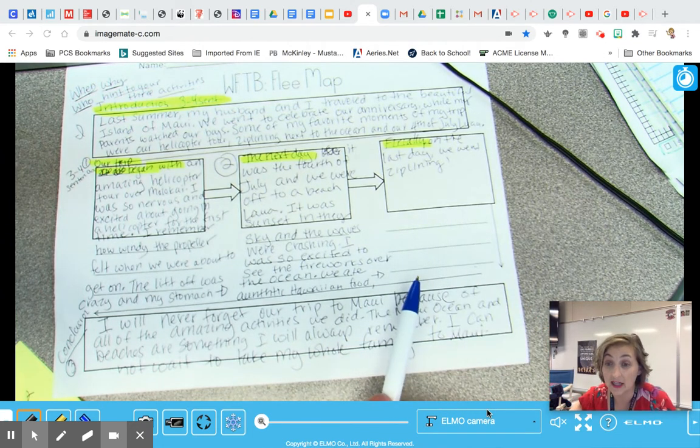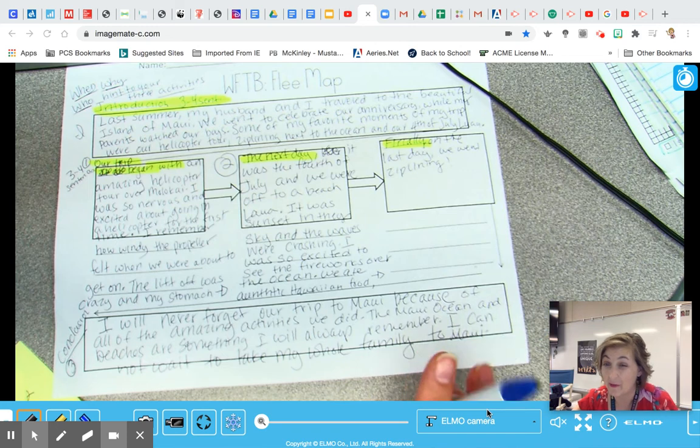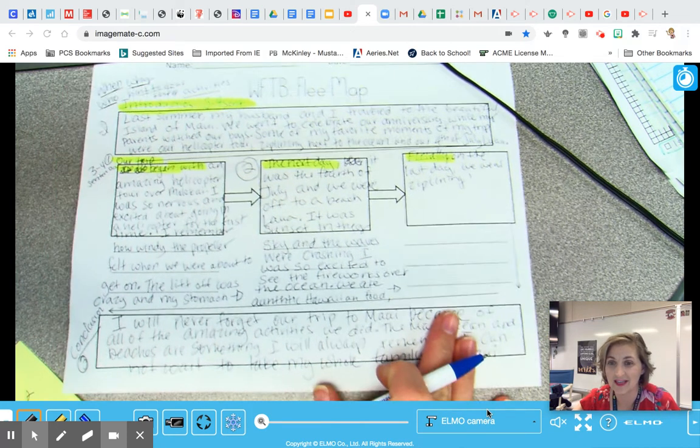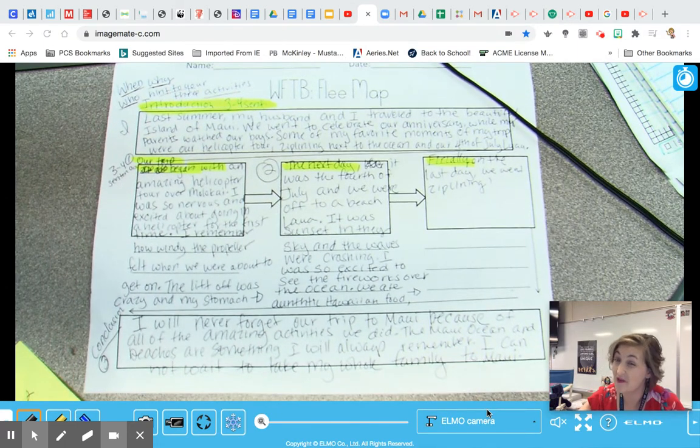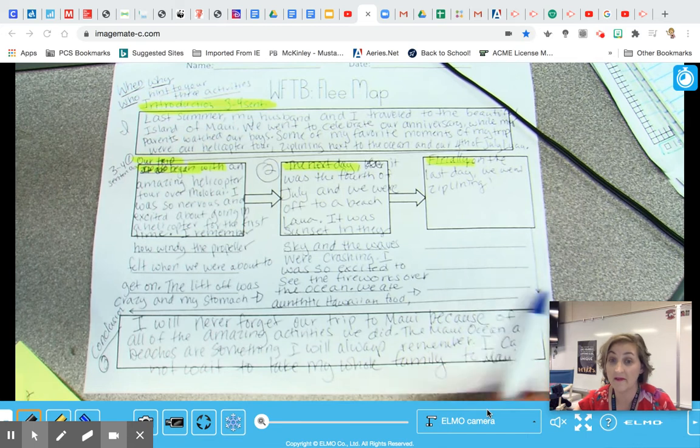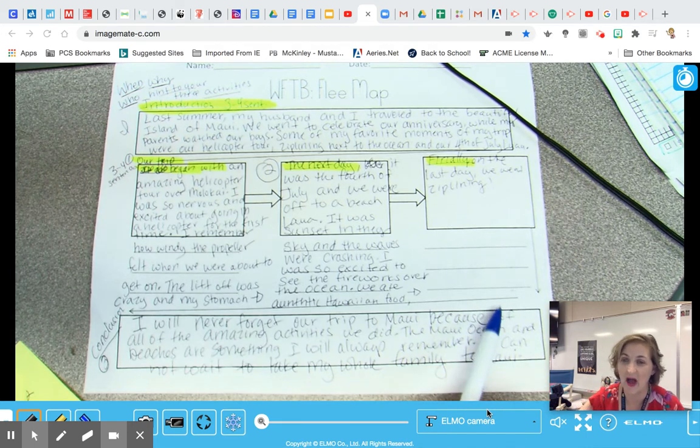I was really scared to zip line. I've never done that before, and I'm a little scared of heights. But I remember there was a 5-year-old, I think he was 5 or 6, in front of me and he did it. And I was like, okay, if that kid can do it, so can I. And it was amazing. So I would write down all of that information right here and about how I felt,